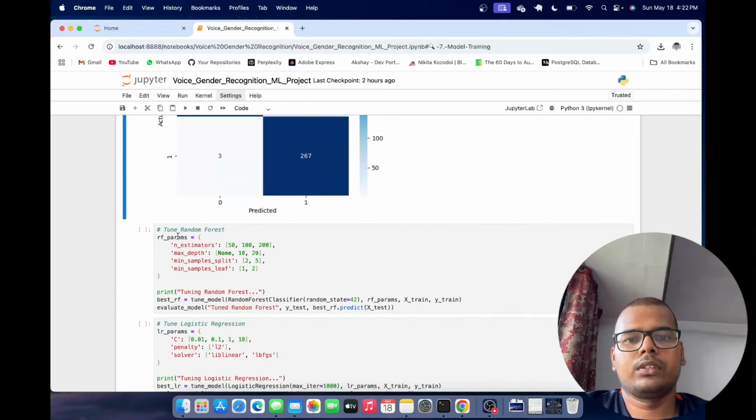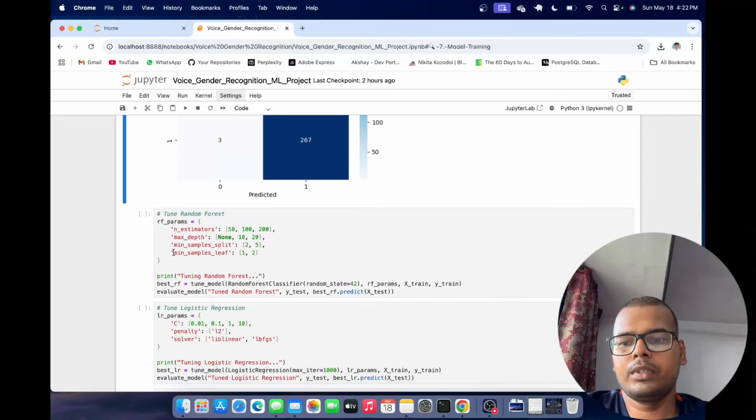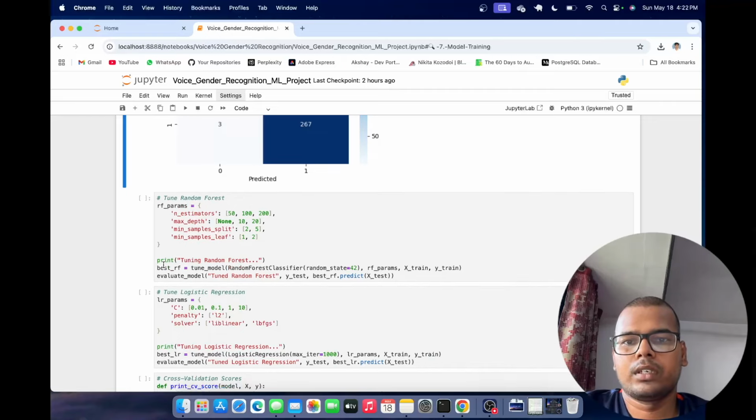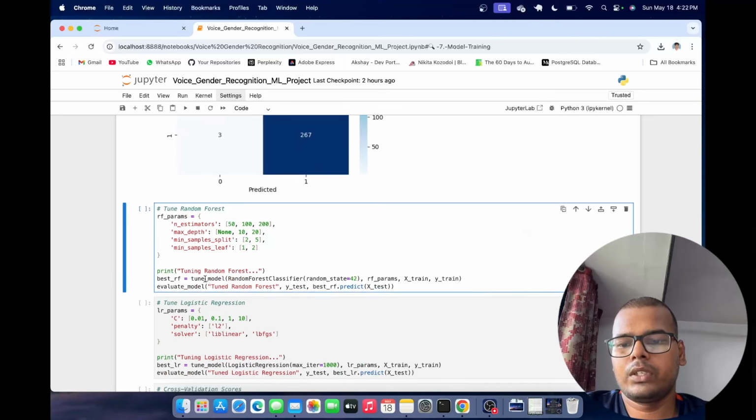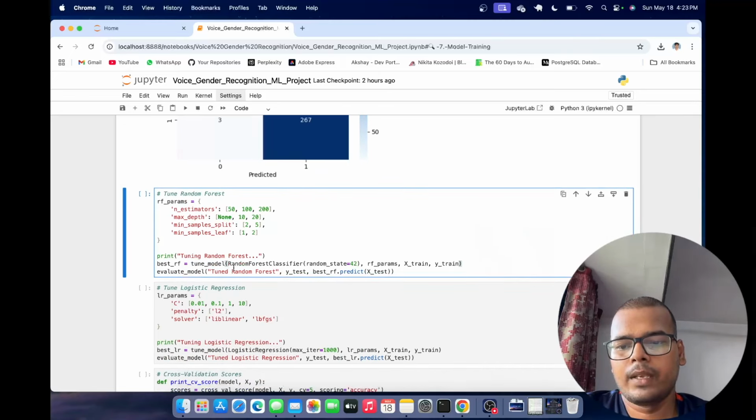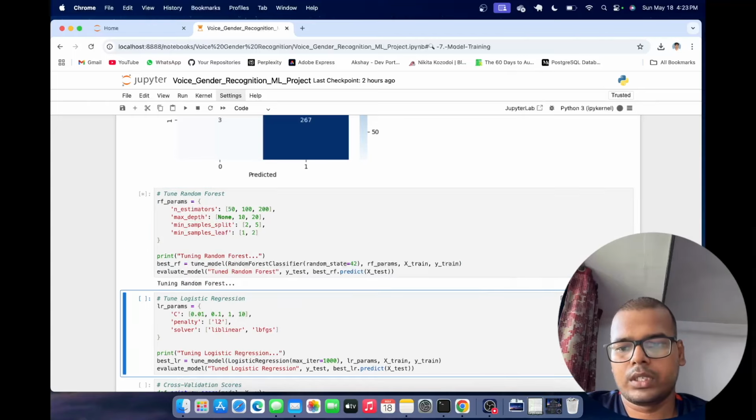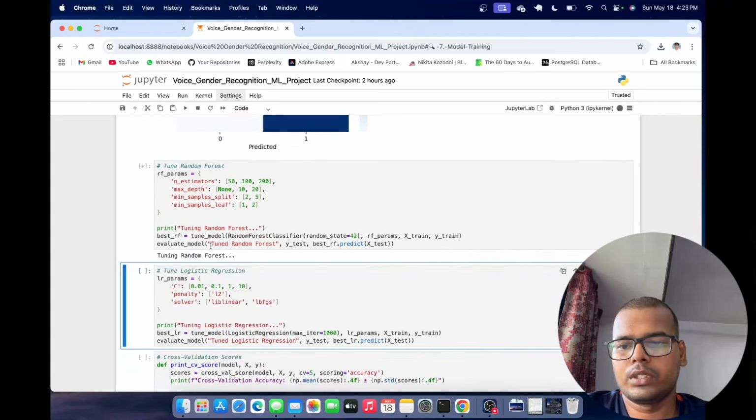Similarly, we will tune the random forest model, and we have the tune parameters for the random forest. Remember, the tune parameters are different for different machine learning models. So for the random forest, it will have different tune parameters. Then we will call the tune model function, and again we will call evaluate model. Now I will run this particular code, and you will see the code is running,